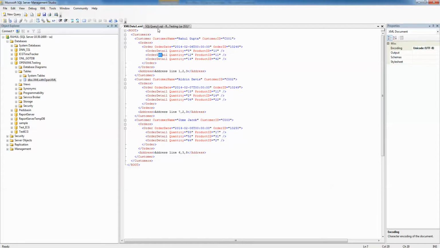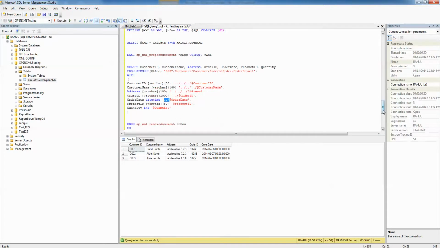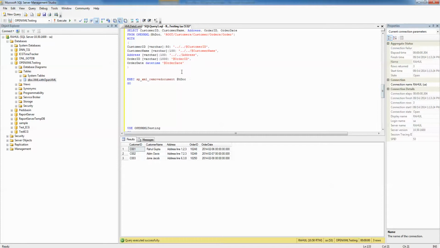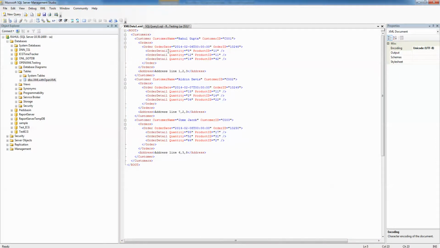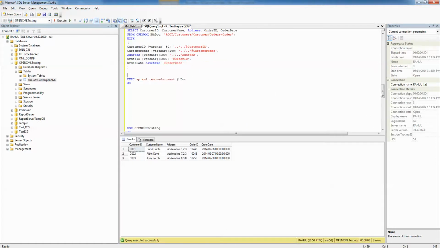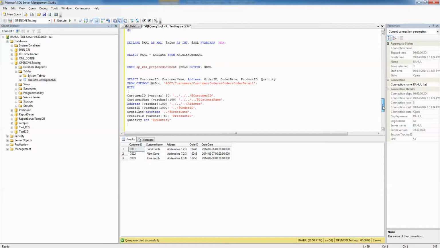If you compare it with the above one, since we were directly fetching the order ID and order date, we had not appended any symbol. Now that we need to navigate to quantity and product ID as well, we have appended the symbol for order ID and order date.